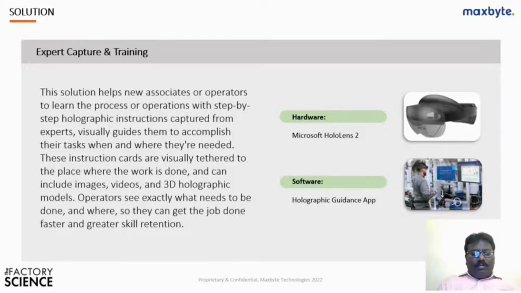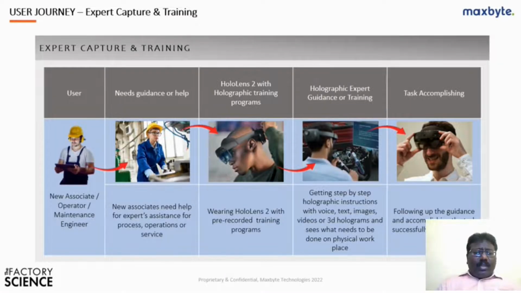The quality of the work will also be ensured with this kind of holographic guidance. And the availability of the resource person is not an issue here. So the user journey will be like this: at any situation, the user may be a new associate to a particular process or team or group. And for any maintenance work also, the maintenance process may not be clear to the personnel. In that kind of situation, he needs help from the expert or their own plant senior people's guidance. If the person already has recorded this kind of capture, then